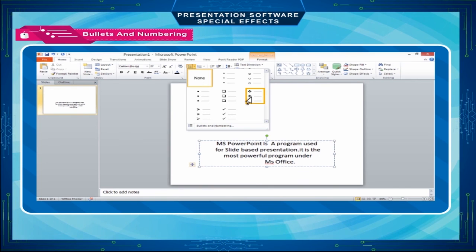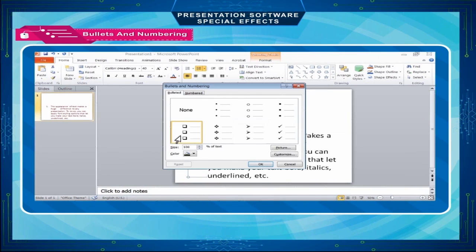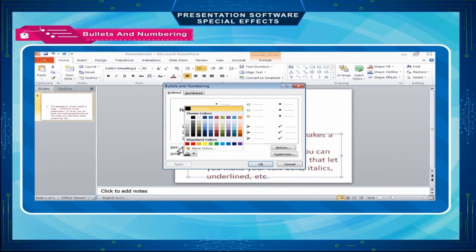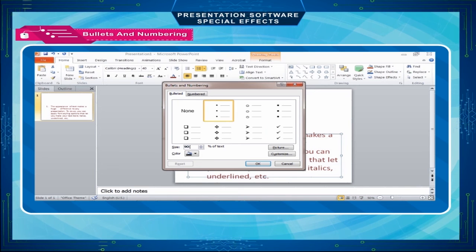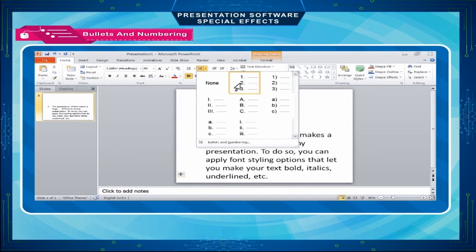Click on the down pointing arrow in the bullet or numbering icon in the paragraph menu of the Home tab. You can change the style, color, and size of the bullets and numbers in your Microsoft PowerPoint 2010 presentation. Numbering option can be used to select numbering style for creating an ordered list.